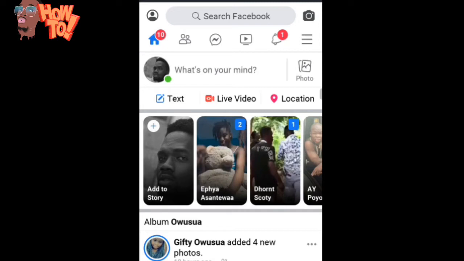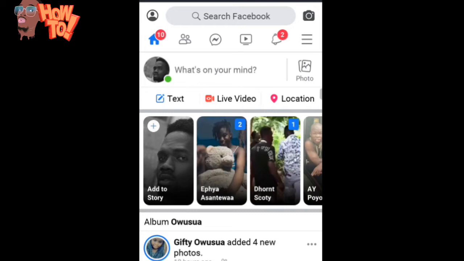And today we are talking about how to turn your Facebook into the dark mode. Okay, turning your Facebook to dark mode or activating your dark mode. Let's first talk about dark mode. Dark mode is you inverting the colors of your display to, one, reduce power consumption, and two, improve your health benefits, so that you don't affect your eye with too much light coming from your display. That's why we use dark mode.